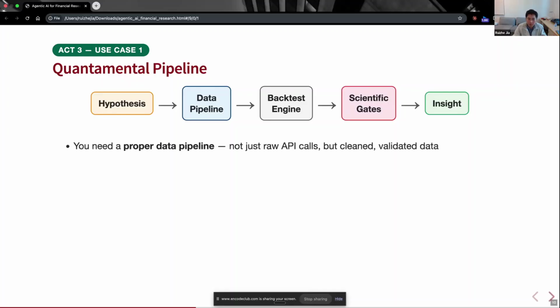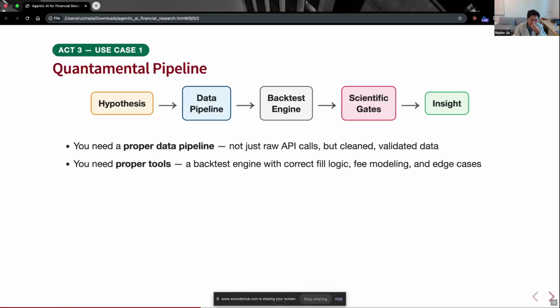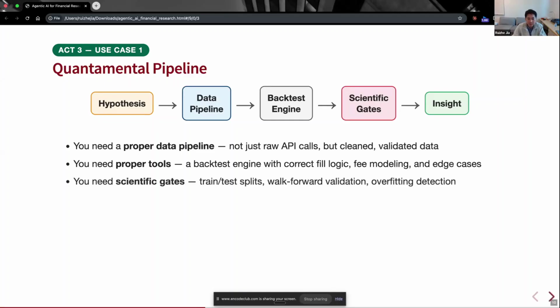So for example, first you have a proper data pipeline, but now AI can do it very quickly. They can just connect your workstation with data sources very easily. And then you need proper tools, right? You need them to build code for whenever you have a logic, what's going to happen, what the trade outcome is going to be. And you also have the scientific gate to make sure you don't have look-ahead bias, you make sure you don't overfit, you have proper train-test splits and so on. But those things are really easy to build. You just have to have some person code something very carefully, prompt carefully,